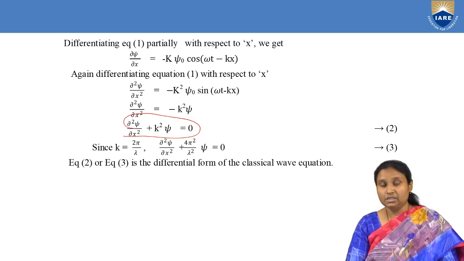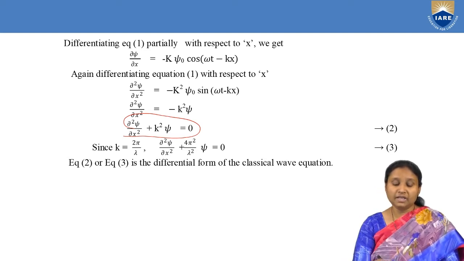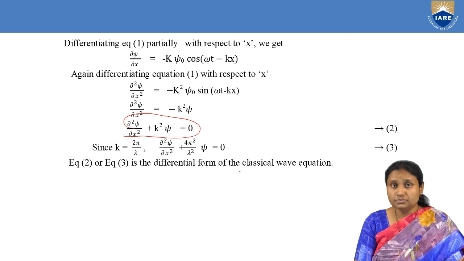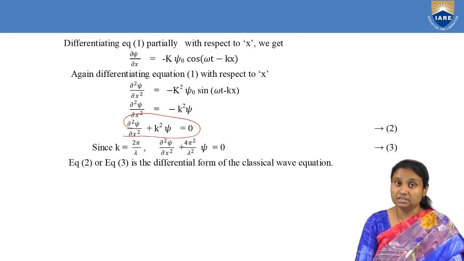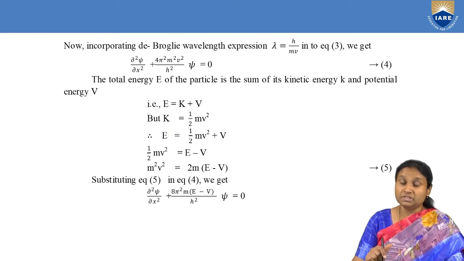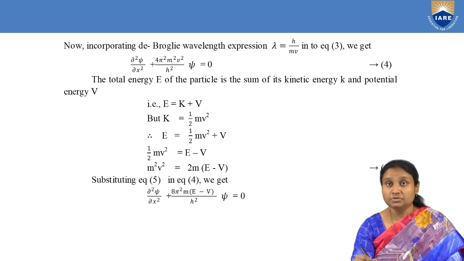Now at this point, I'm going to apply the de Broglie hypothesis. So what is our de Broglie hypothesis? See, all this we have done for a progressive wave. Now what we are going to do? According to the de Broglie hypothesis, here comes the concept of matter wave. What is a matter wave? Having the dual nature of both particle and wave. So we are going to take the expression for the de Broglie wavelength, which is derived using the de Broglie hypothesis of dual nature of a material particle. And according to the de Broglie hypothesis, what is the de Broglie wavelength? The de Broglie wavelength is given by h by mv. Lambda is the wavelength associated with the matter wave.